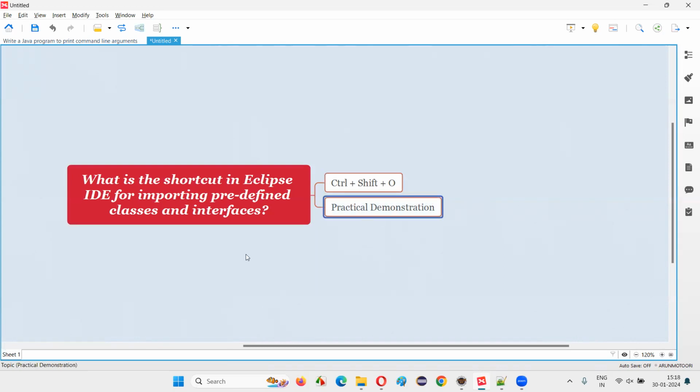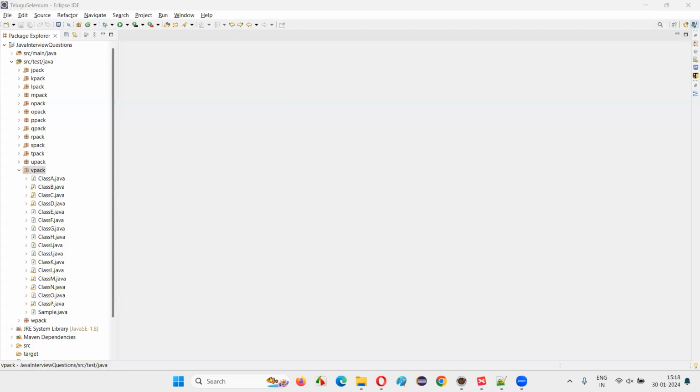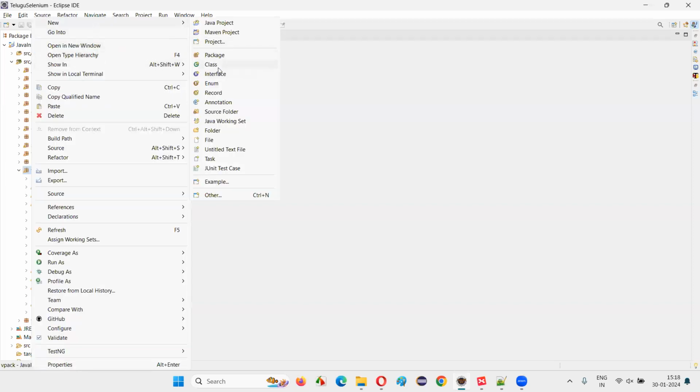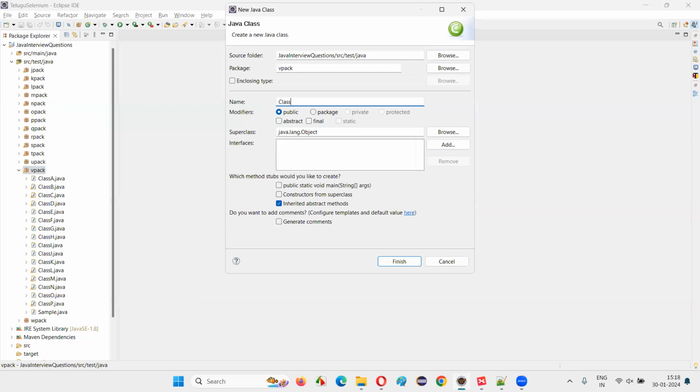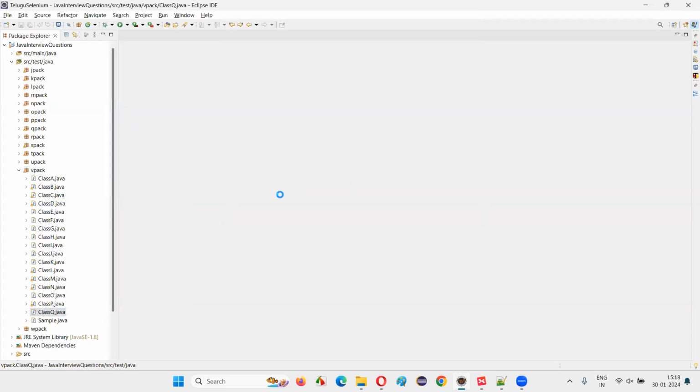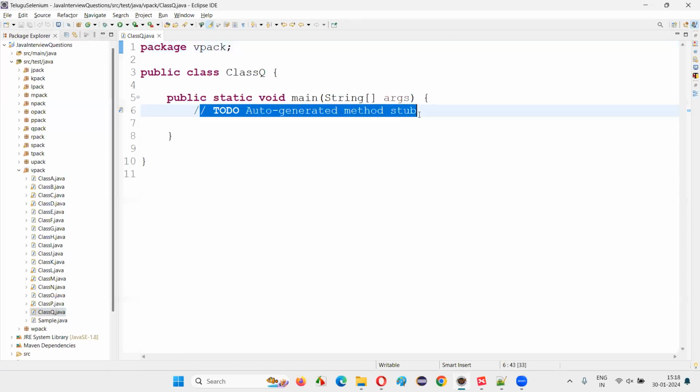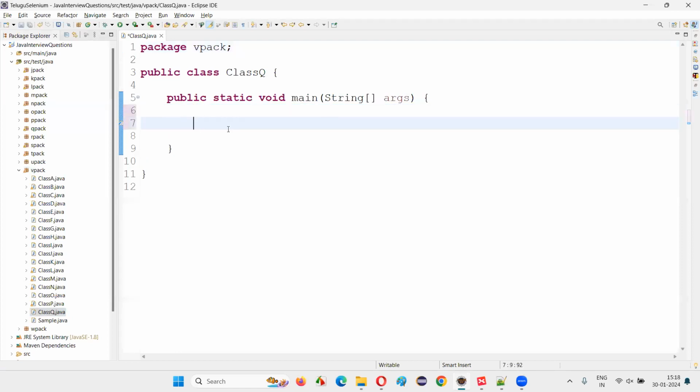Let me show you practically so that you will understand the answer to this question. For that, I'll switch to this Eclipse IDE and create a new class. I'll just name this class Q, with a main method. Once I create that class, I'm going to write something like, for example, FileInputStream